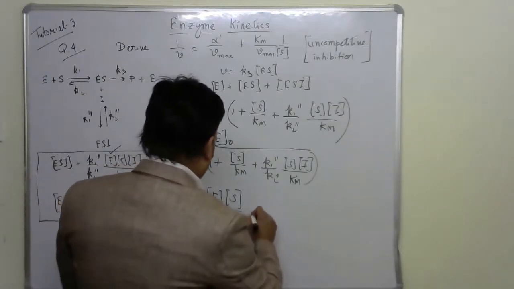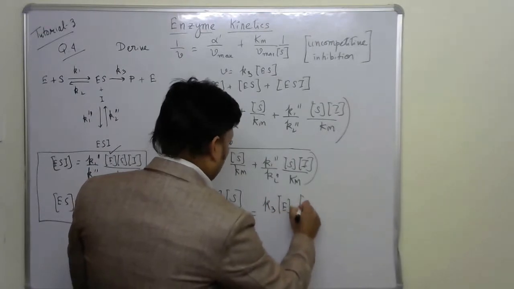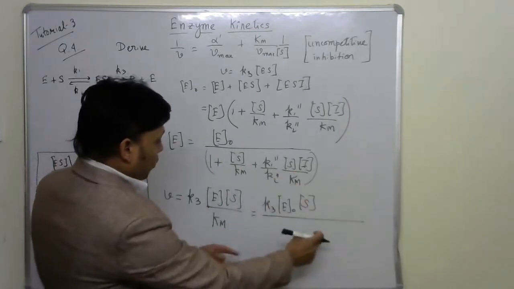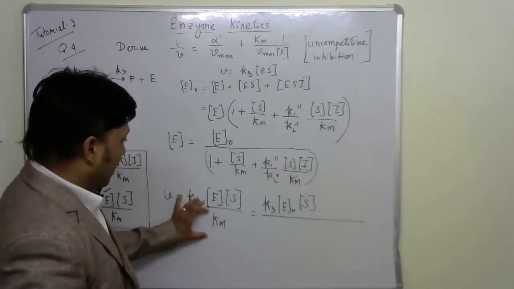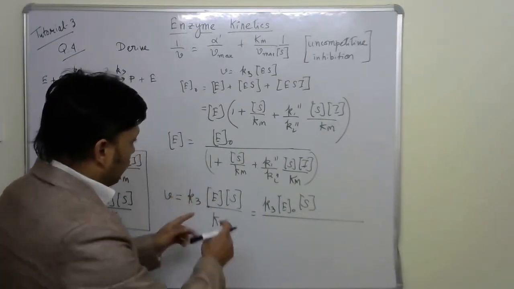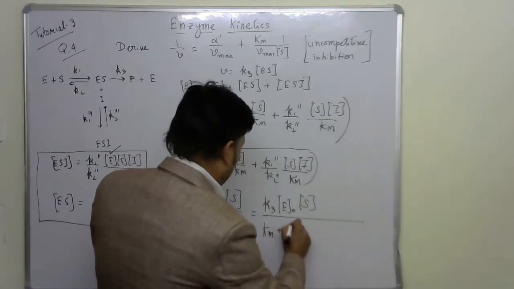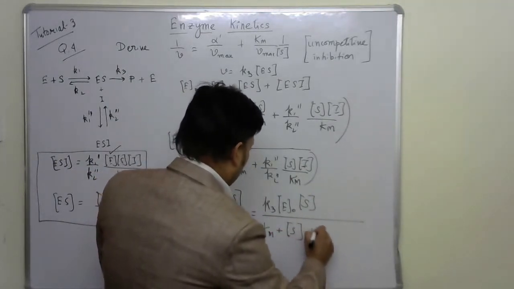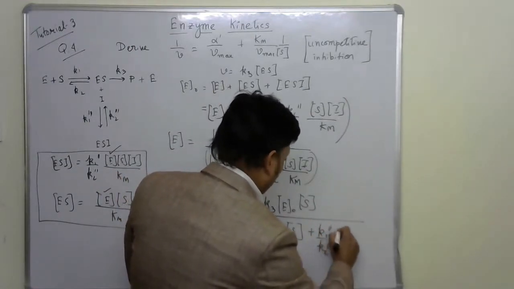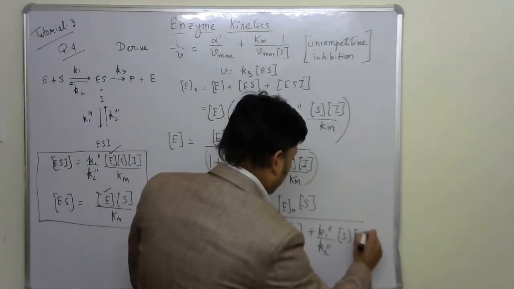So therefore it becomes K3 multiplied by E naught multiplied by S divided by, now we have this denominator and now also we have this Kn. So now I'm writing it one step by multiplying Kn with this value under the bracket. So we get Kn plus S plus K1 double prime divided by K2 double prime S multiplied by I. Alright,